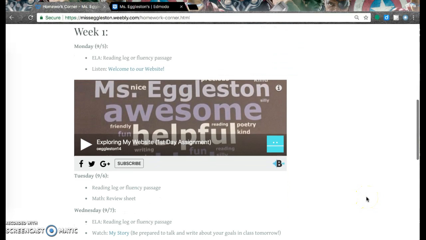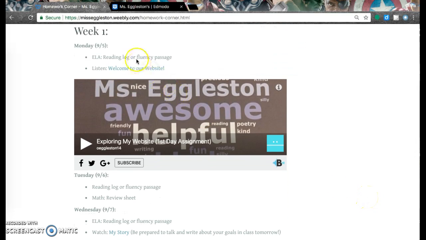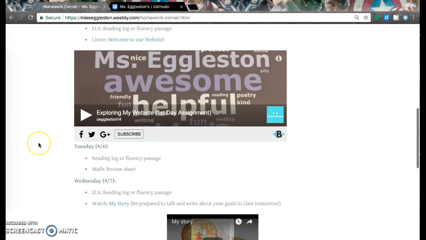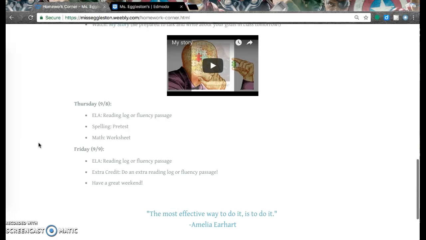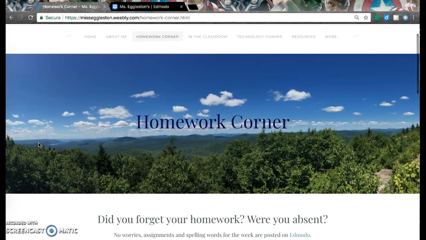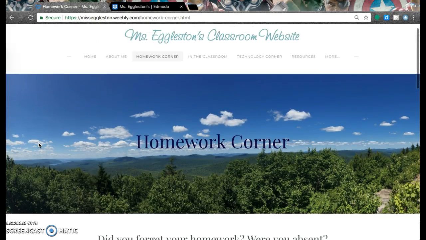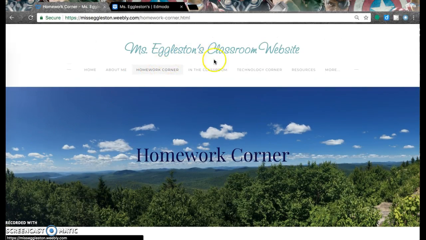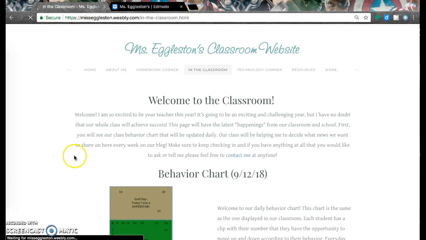This would be an example of a week of homework. I have the day with the date, and then what their homework is. I've embedded everything that they need for the homework assignment. I think that's really great because then they're not navigating to other websites. It's all right here where they need it. In the classroom,